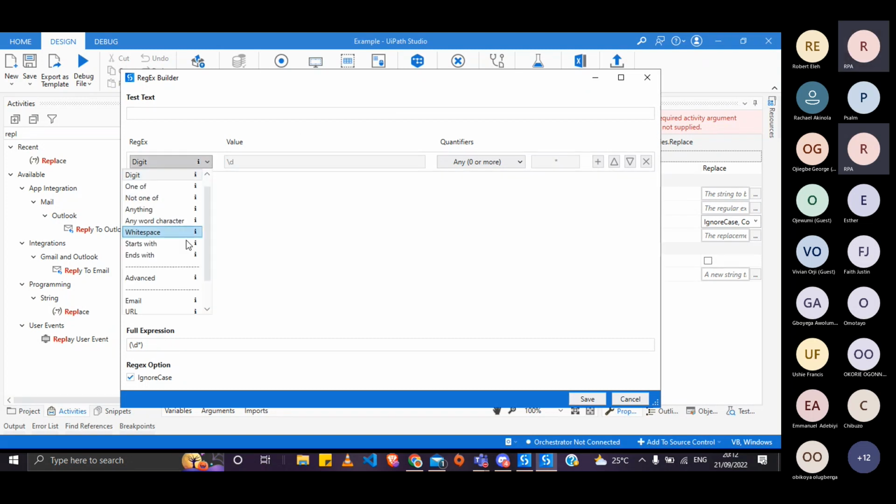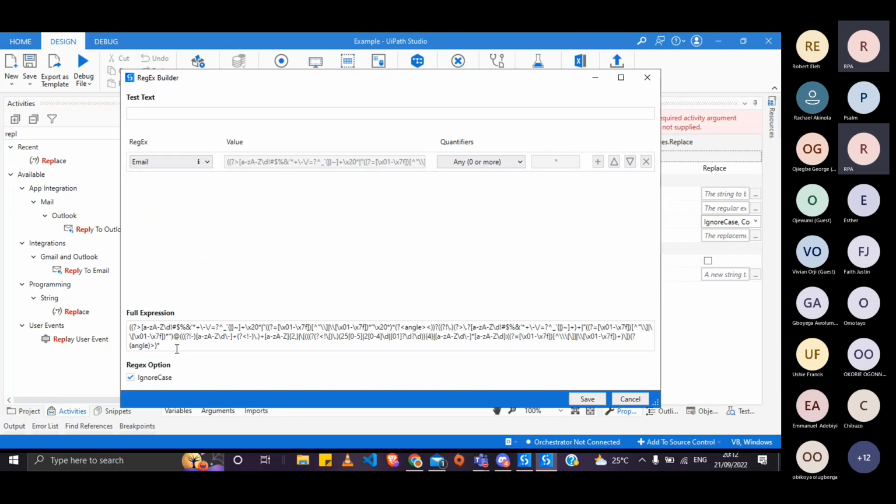So thankfully there is an email shortcut. You can imagine having to write something like this from scratch in your head if you do not have tools like this. So this is a regular expression for locating emails in text, or in a book, or in a sentence, or in any long string. So we can, for example, use the string